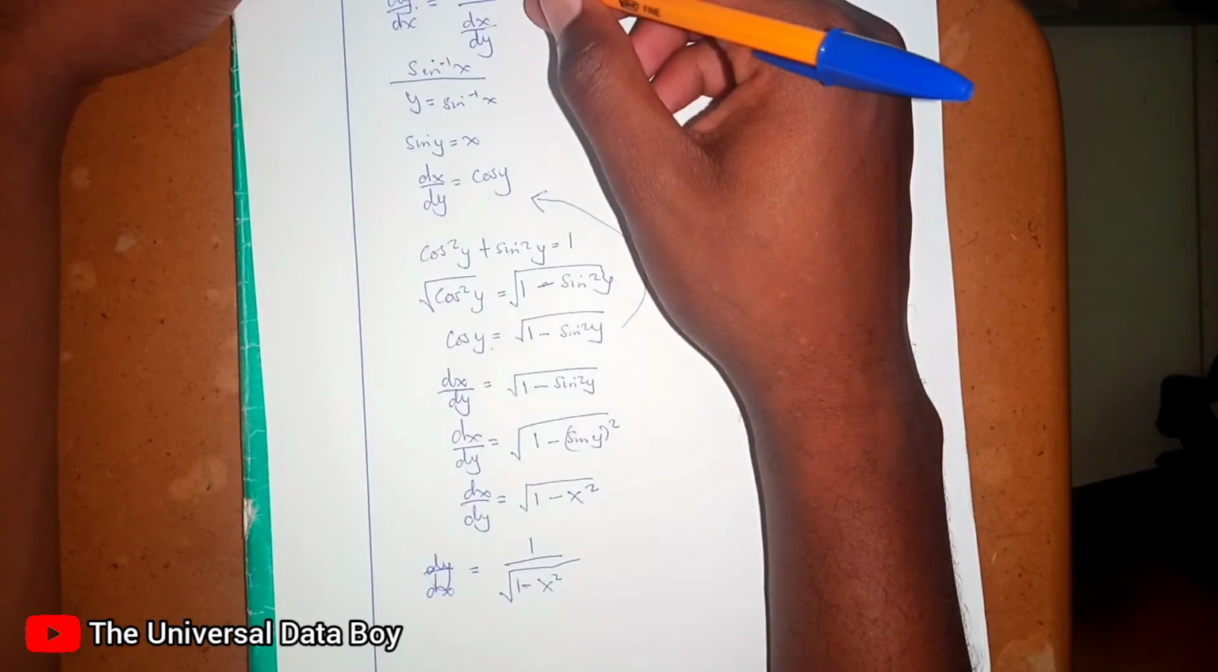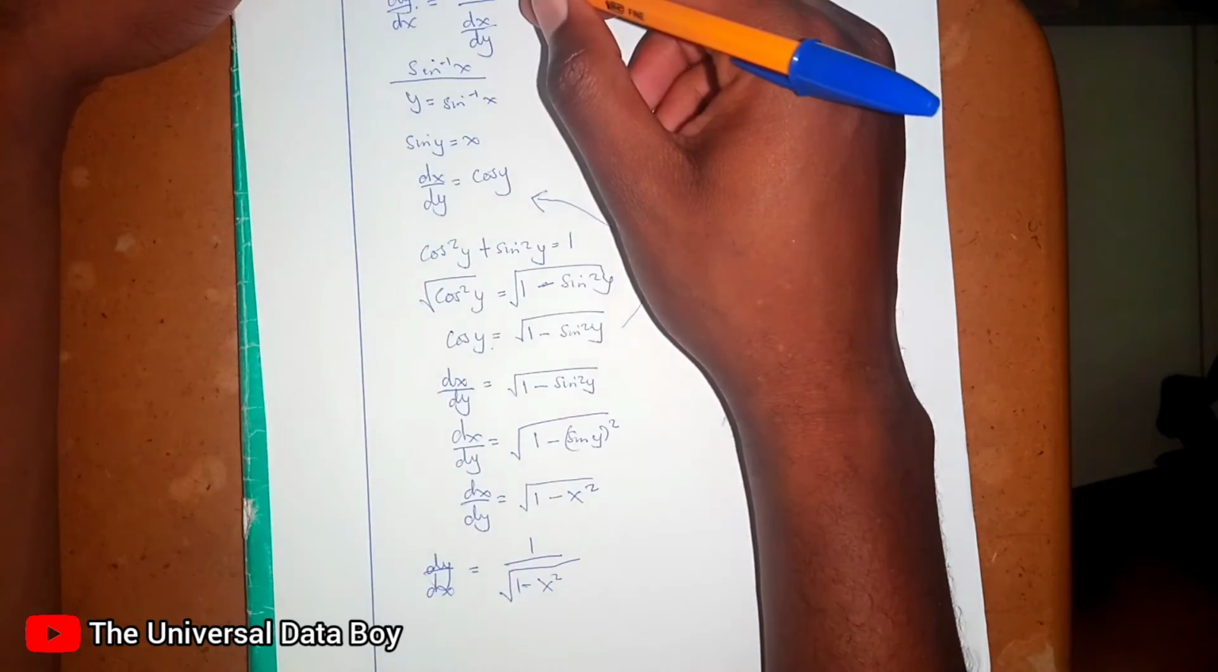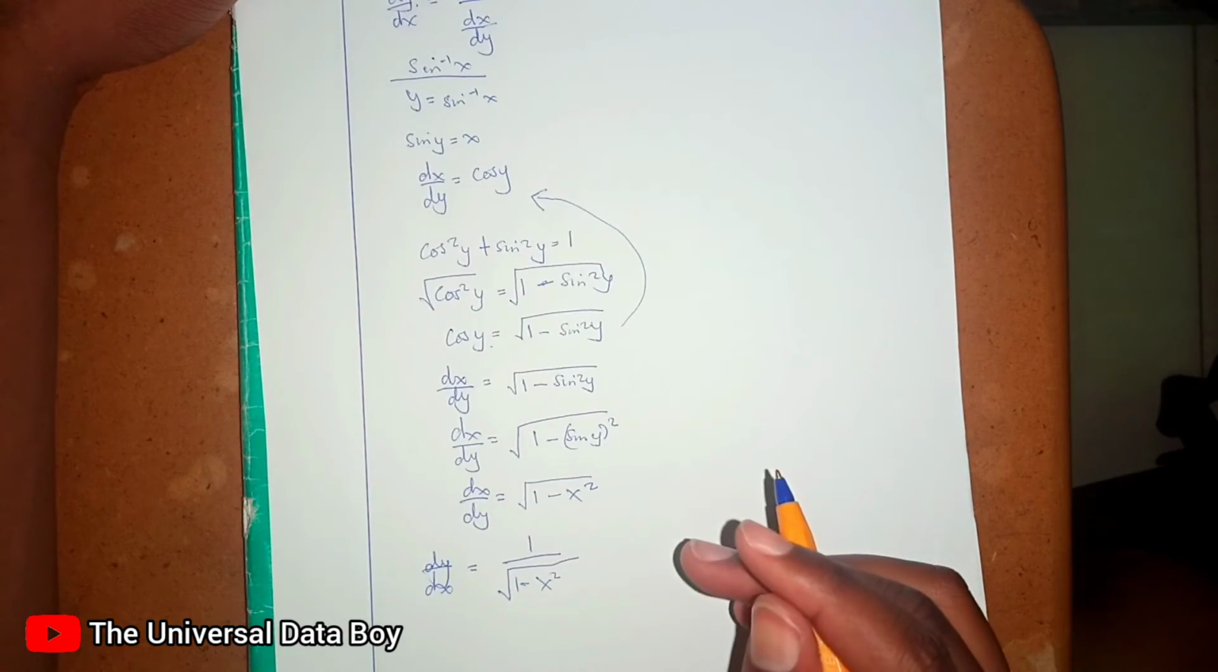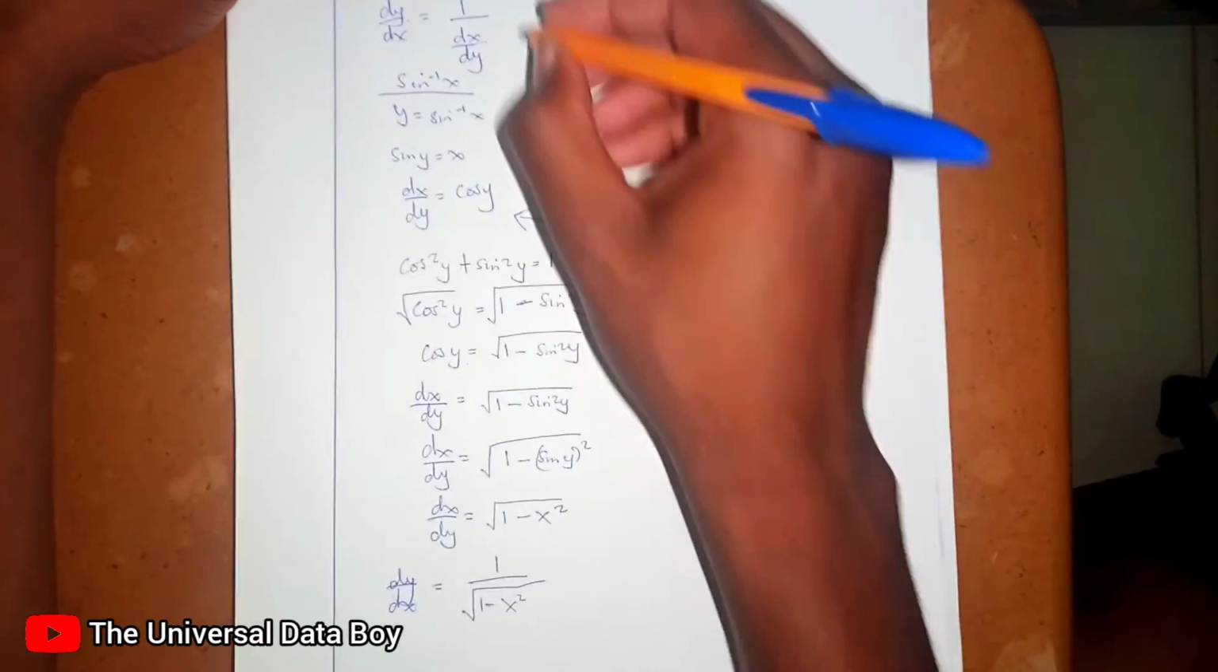Now this x can be anything. It can be t, perhaps it can be 2t. If it's 2t, we're going to put our 2t there, then we square it to be 4t squared. So then we go to